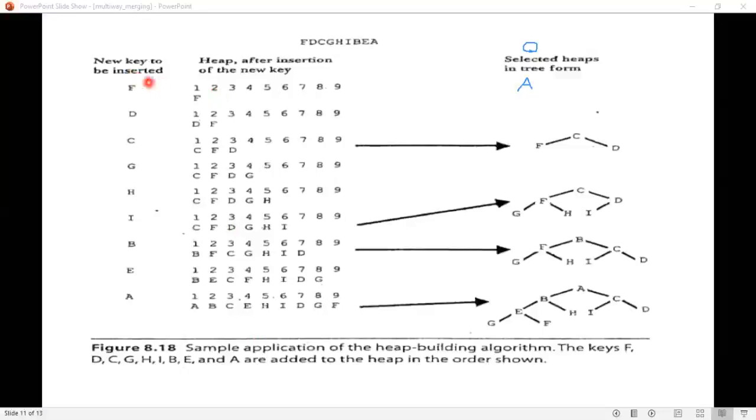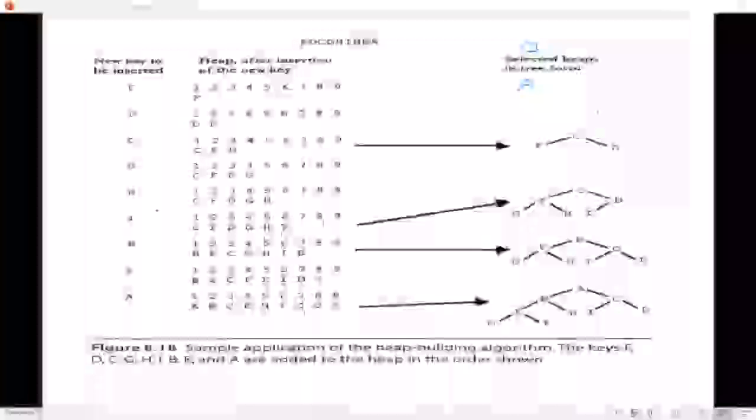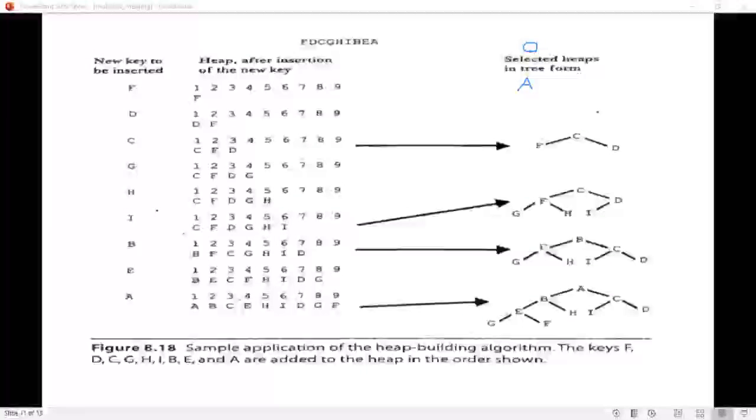First, the new key to be inserted is F. The first key to be inserted is F there.